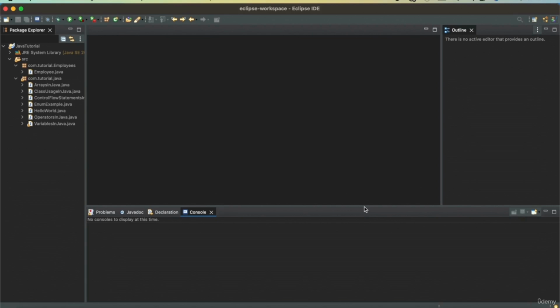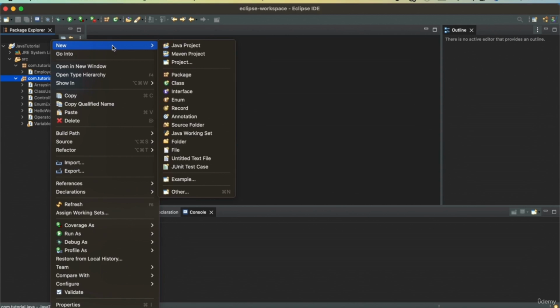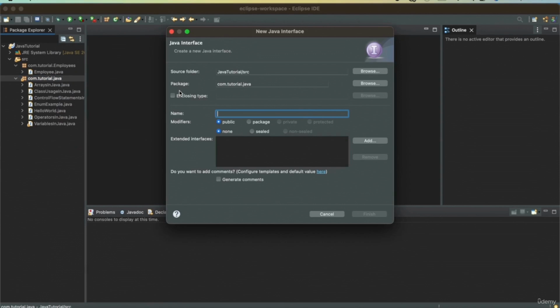In this video, we will see how we can define an interface in Java and how we can define a class that implements that interface, and we will define a class with the main method that will call the class that implements the interface and print some values. So let's get started. So I'll define a vehicle interface. In order to define an interface, I'll say new. I'll go to interface here. The name is vehicle,